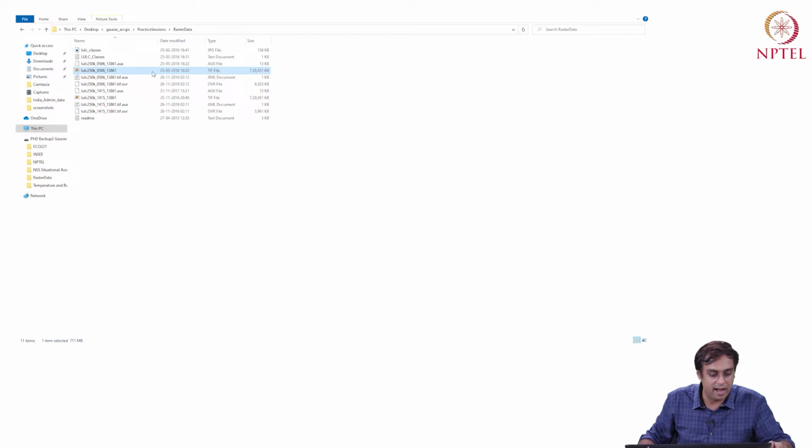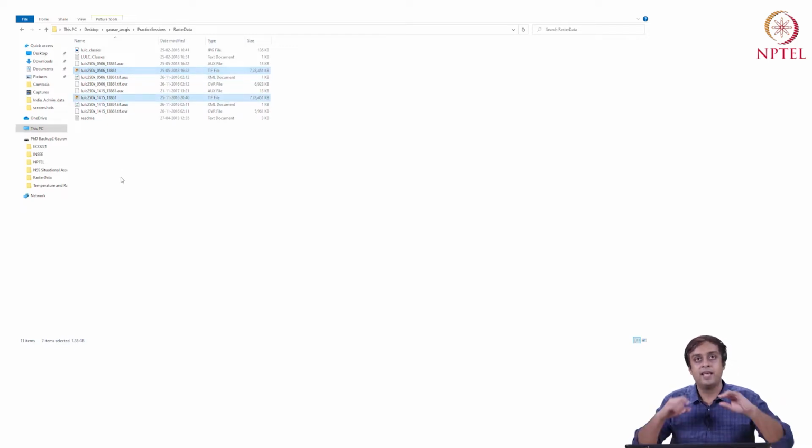You only see this file, and you see this file. Just like shape files, these data also come as packets. So they'll have projections, they'll have attributes. So they are not just a single file, they are multiple files. So if you want to copy paste these data, move these data around, it is not a good idea to do them from physical folders.